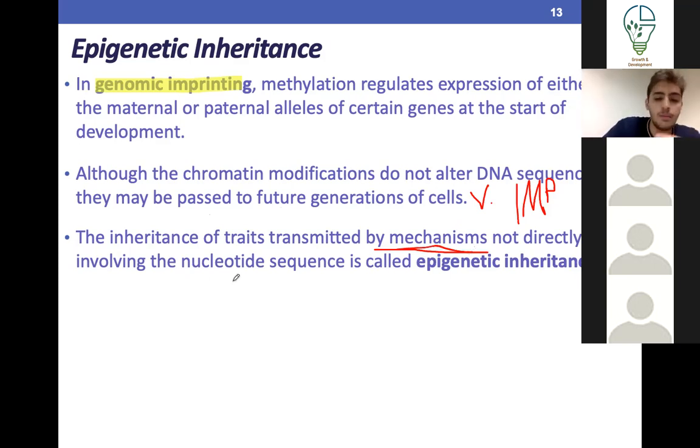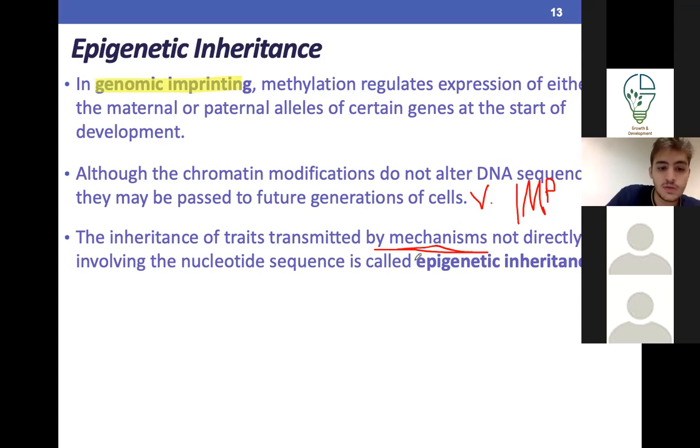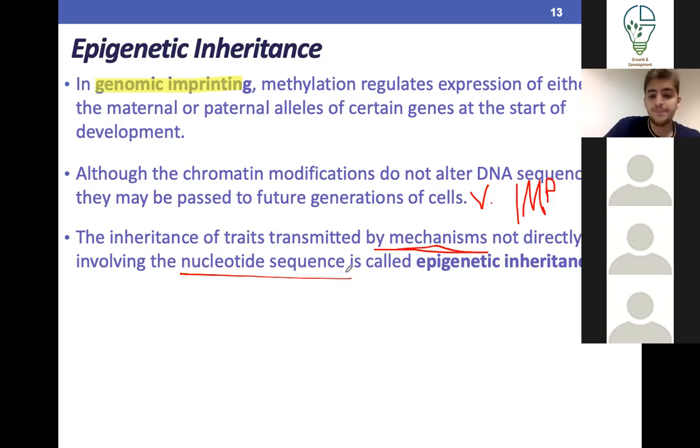So they'll play around a lot. They'll give you a scenario and then they'll tell you the question's point is what's the definition of epigenetic inheritance? And they'll change a lot in the words, but you need to understand which choice relates it to mechanisms and not to sequence. So it's the phenotype inherited by the mechanisms and not the nucleotide sequence. Good. So that's a question that's coming.